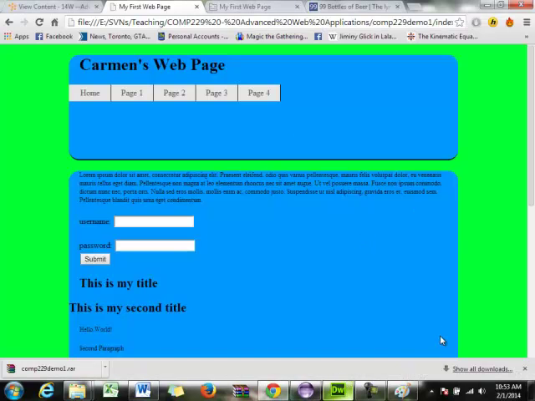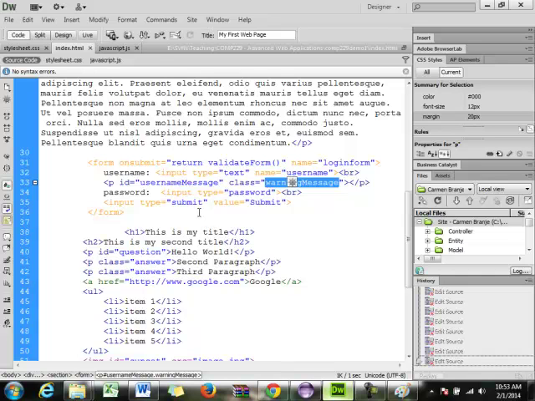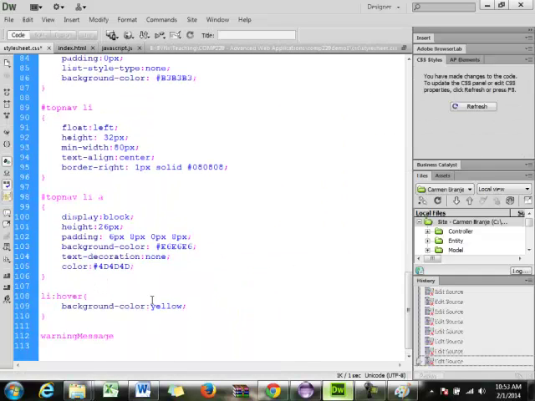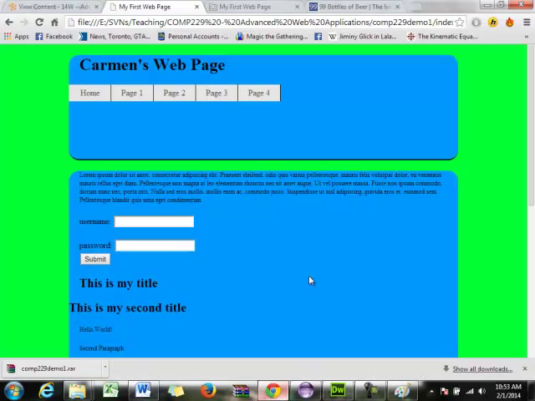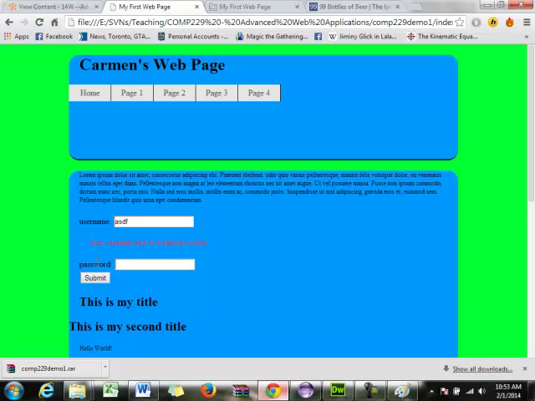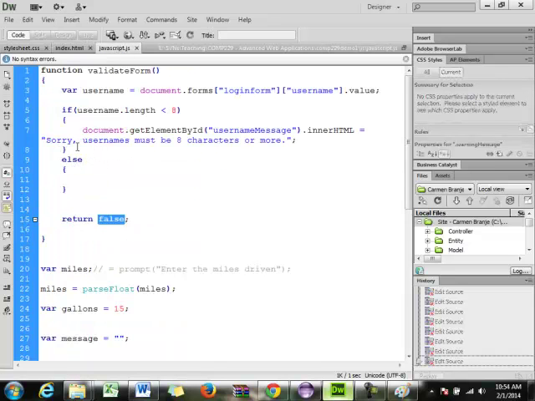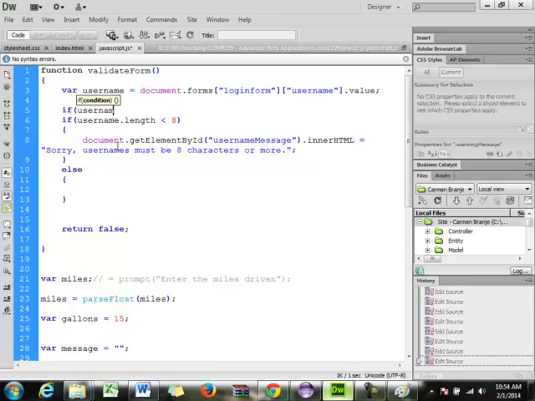So let's go back to CSS. And we're going to say class warning message, and we're going to change the color to be red. So now, if I click here, usernames must be, now it's red. So now let's do a couple more rules. Let's do the first one. So if username dot length,